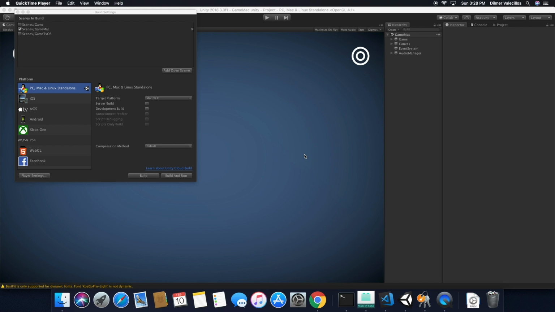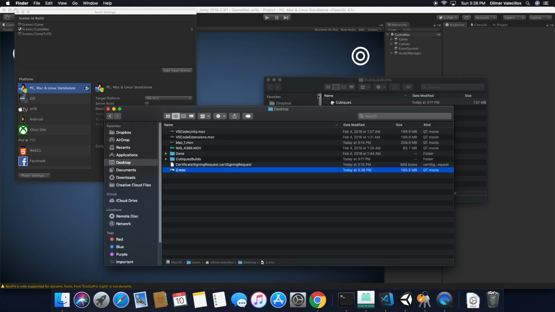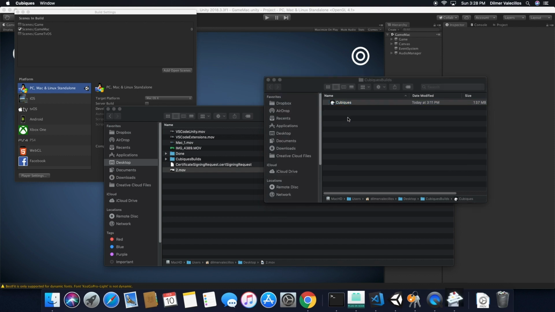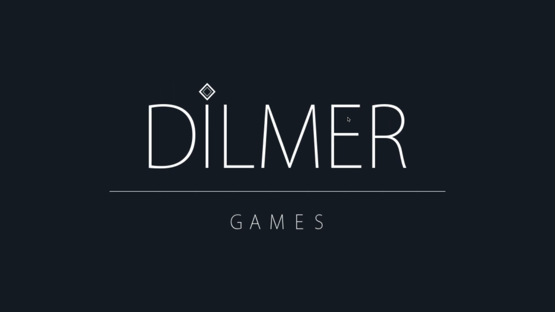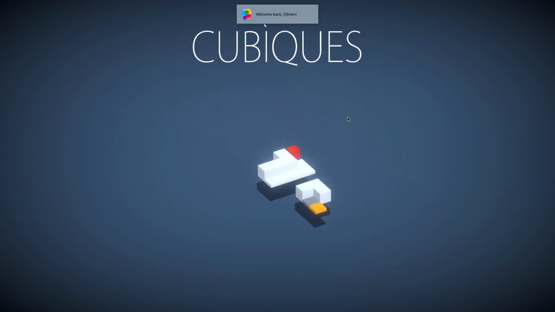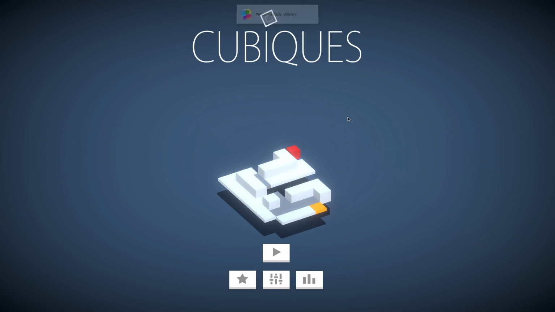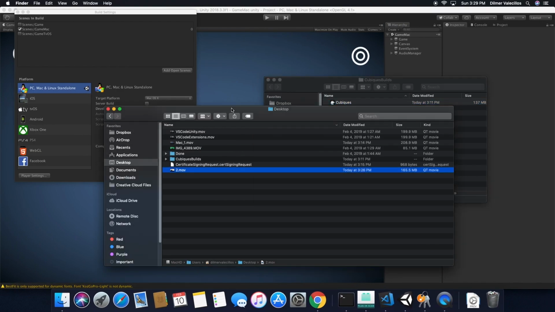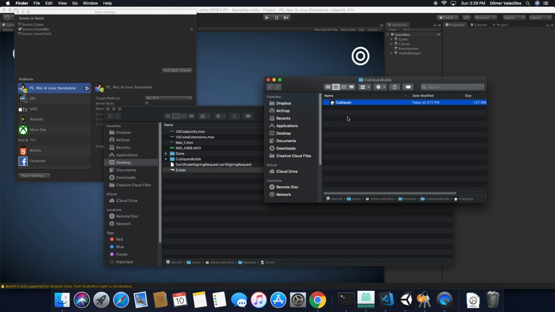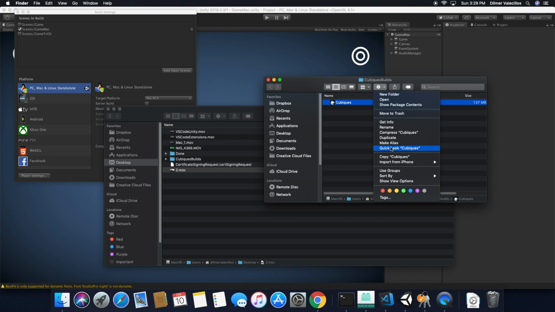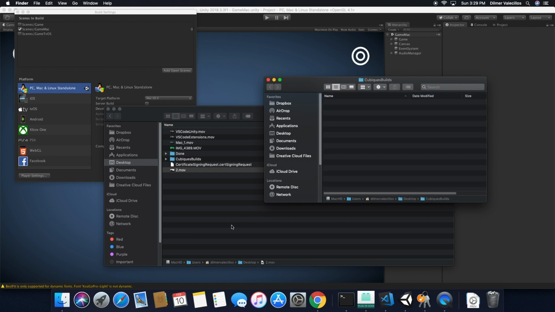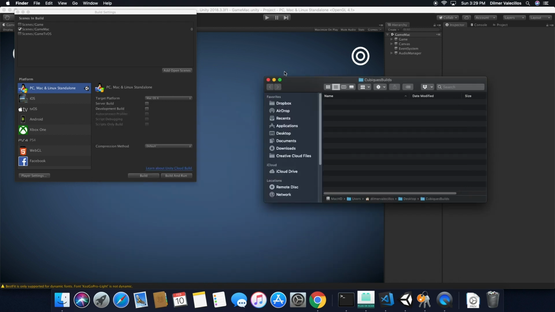Okay, so it looks like the build actually finished. So we can go into the build folder and double click the game. The reason why I want to do this is that I want to make sure that it's working, that I don't have any bugs. Like say the game is up and running, and I can actually hit play and I can play the game. So the game is working fine, so I'm just going to close it. And we can go back into the process. So the game is fine, I can just delete it. I don't need it anymore, so I'm just going to move it to our trash. Perfect. And I'm actually going to close out of these windows